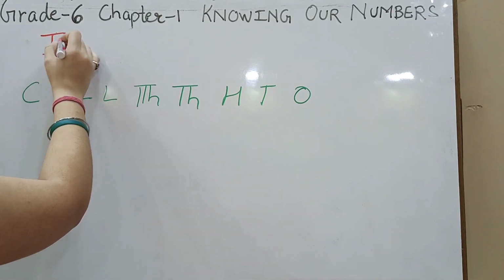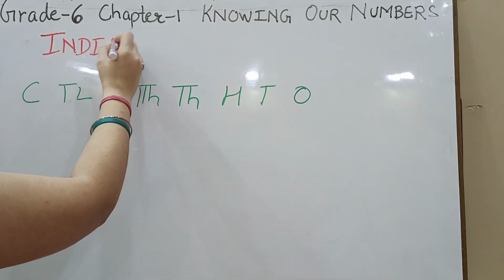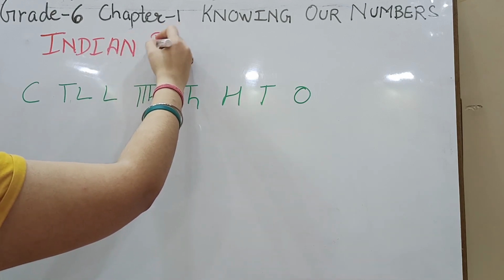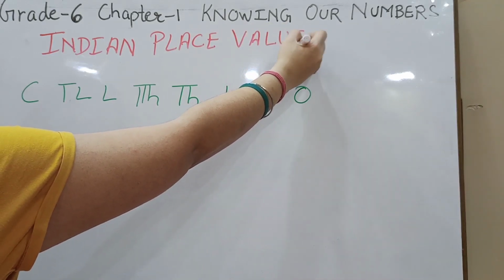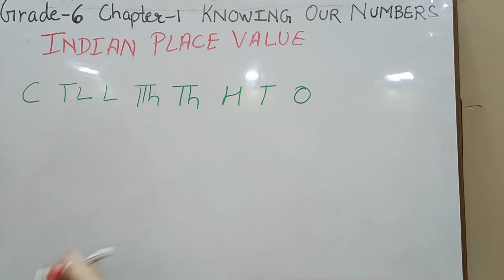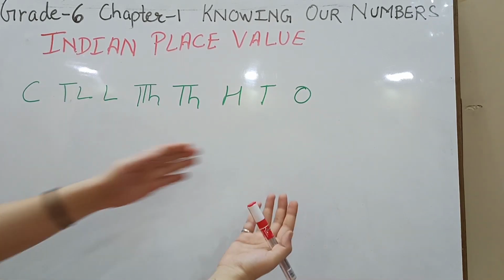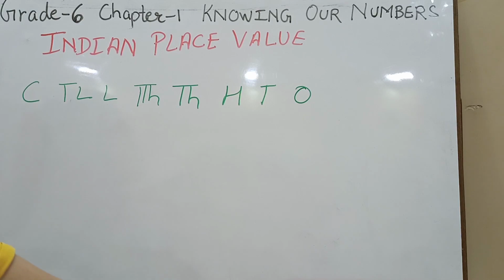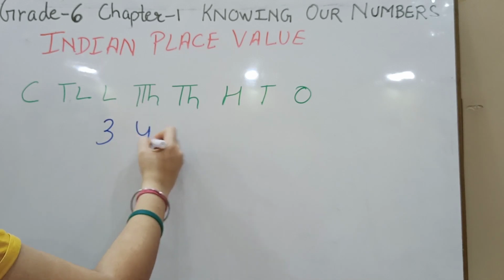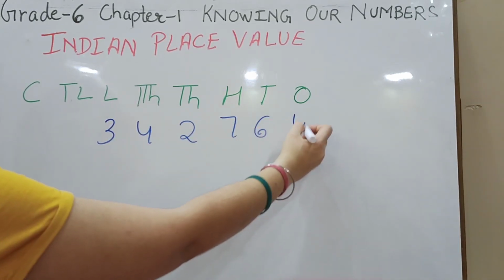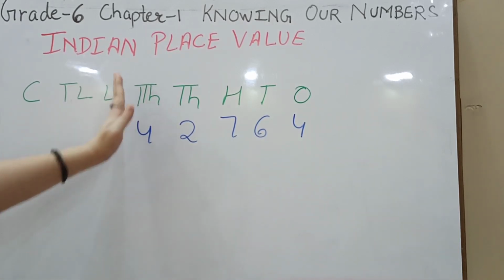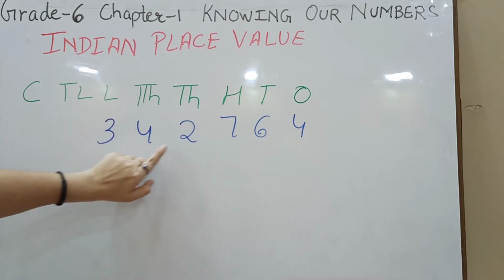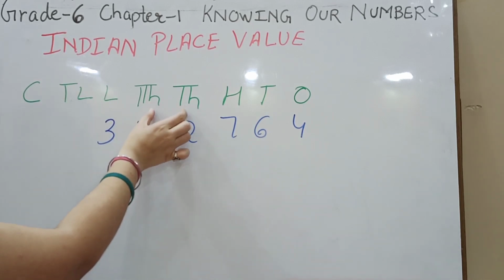Now when we talk about the term Indian place value system, this is very important. Why is it important? That I am going to tell you right now. Indian place value system is a system that is followed here. When we read the numbers, when we speak the numbers, we basically speak in terms of all these places. Now, once we talk about these numbers, let us put a number, let's say 3, 4, 2, 7, 6, 4. When we read this number, we need to read it under its own place values. 3 lakh, this 42. Why is it coming 42? Because they both are under thousands.